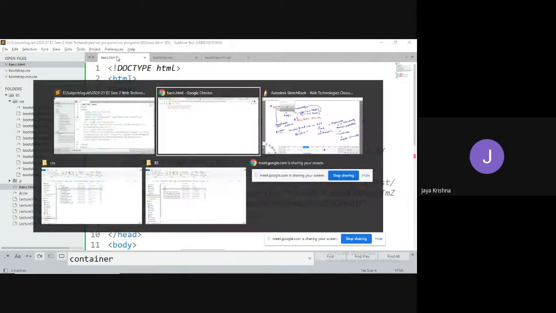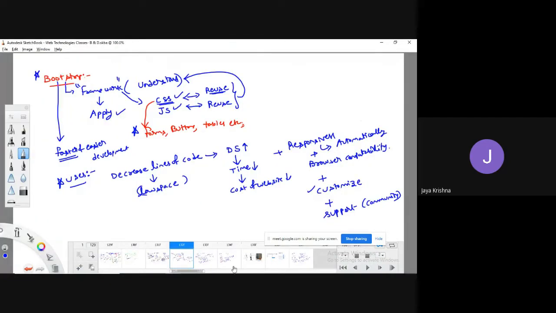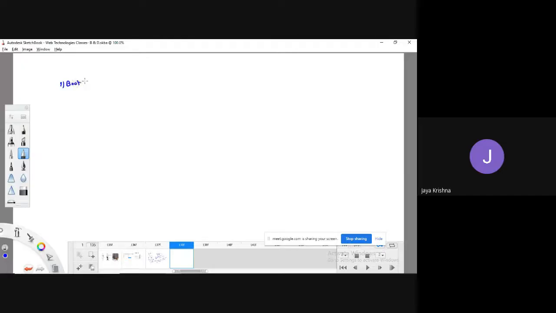So, in simple words, if I would like to convey what I have explained up to now: what do you mean by Bootstrap? Maybe this class is somewhat confusing for you. What do you mean by Bootstrap? What are the uses of Bootstrap? What are the various versions of Bootstrap? From version 2, version 4 to version 5, what modifications were done?